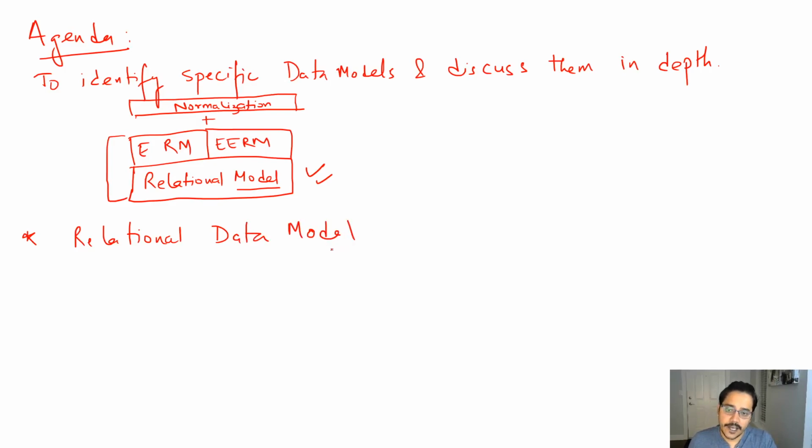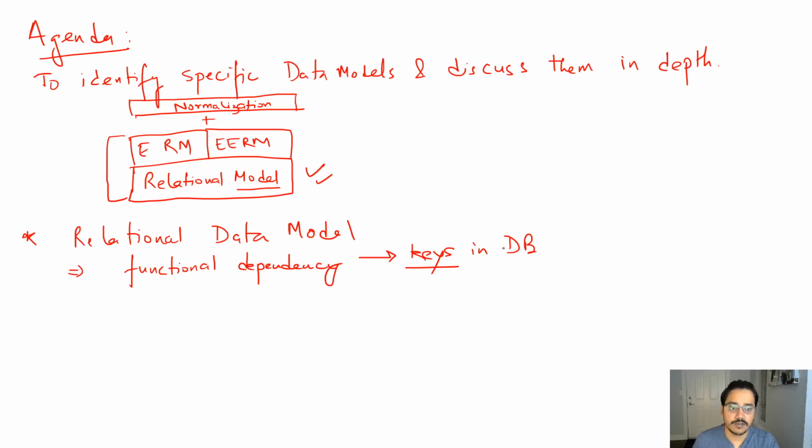Okay. And we will discuss the mathematical concept known as functional dependency, and how, using this math concept, we can implement what is known as the concept of keys in databases. Okay, and we will learn about the different types of keys and the importance of having a key in a database. Okay, and thereafter we will learn some integrity rules